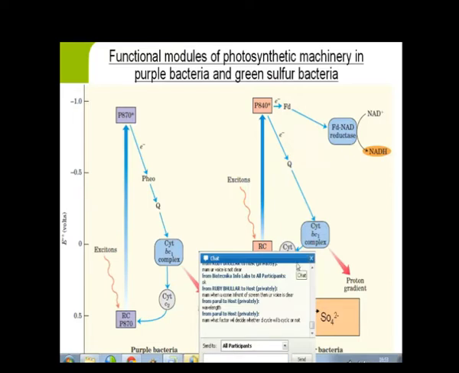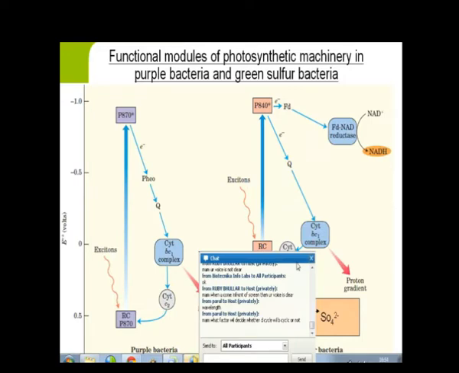What factor decides whether it is cyclic or not? Normally, it happens by a non-cyclic process. The assimilatory power is what? ATP and NADPH2. This is the assimilatory power which is going to be used in the dark reactions. The cell needs to make a specific ratio of ATP to NADPH2. What is that ratio? 3:2. The cell needs to make 3 ATP to 2